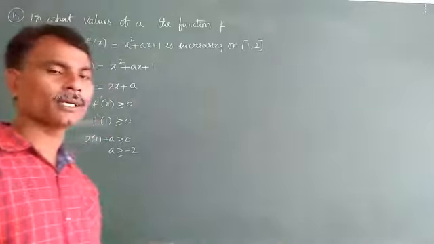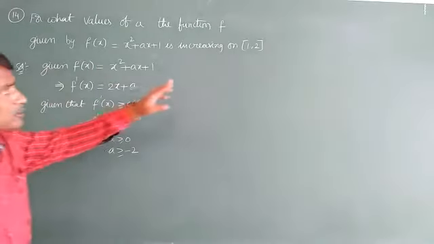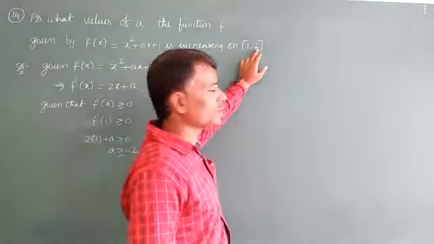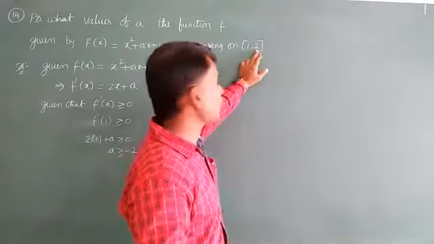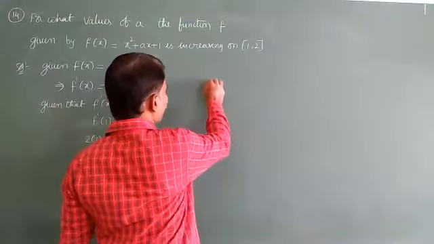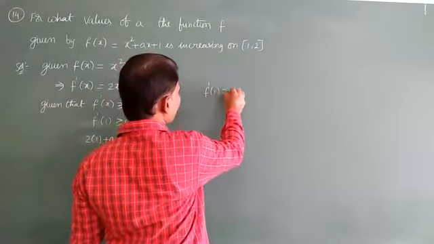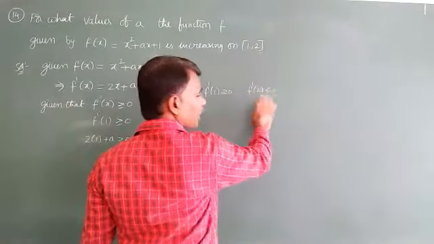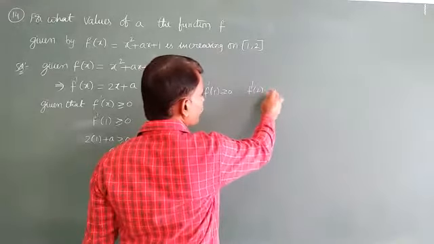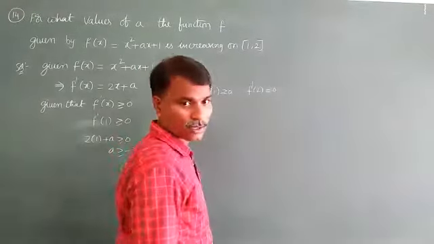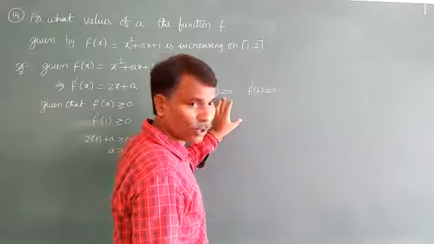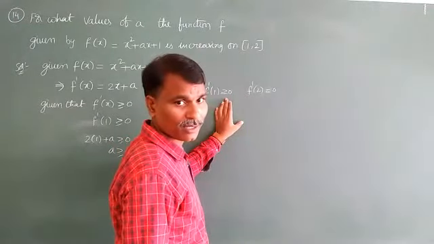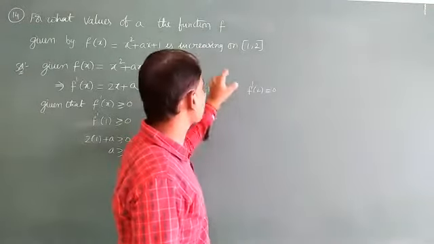Then you can take up to 2. Actually, the meaning is f dash of 1 is greater than or equal to 0, and f dash of 2 is greater than or equal to 0 as well. So just taking the least value is sufficient for this problem. Just say the least value of this function.